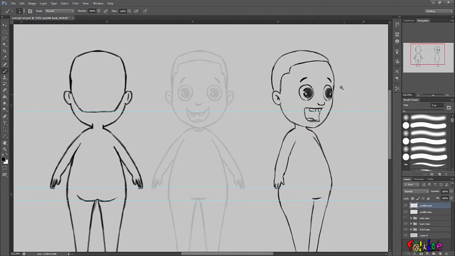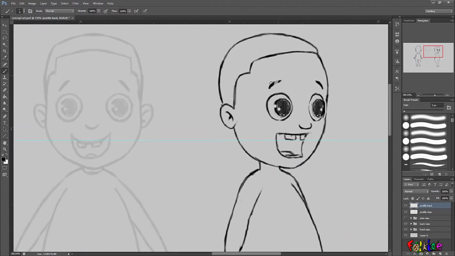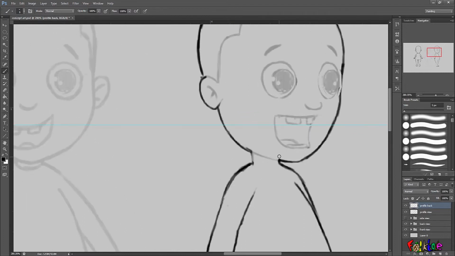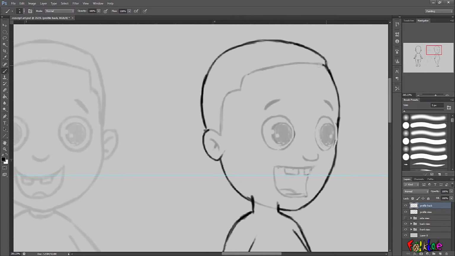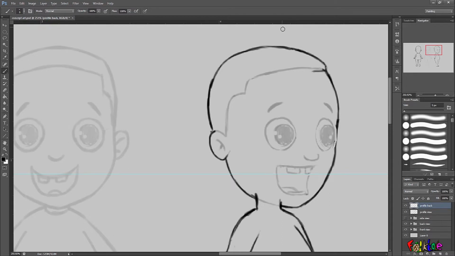All right, let's remove this one. So we'll come here and start erasing parts of this profile view that we don't need. All right, so I'll continue to erase this part of this character. All right, so I'll now draw the neck like so. Okay, I'll come here, draw the head and the ear. Let's align this guy with this guy. So I can come and draw the